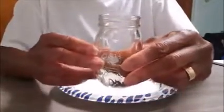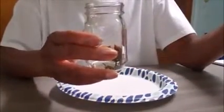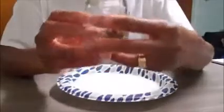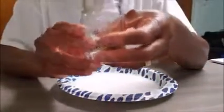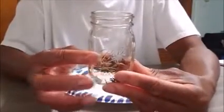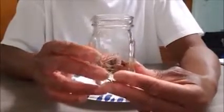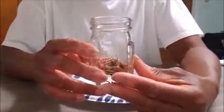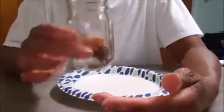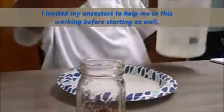So what you can do as you're putting each one in, you can pray over, speak your intention over each one of those. Go to the east, the south, the west, and the north. Speaking and asking for the spirits of those locations, those directions, to help you and assist you with their powers to consecrate this oil, this working, so that as you use it to protect yourself, protect whatever that you're going to use it for, those powers, those spirits in those locations will be working along with the elements that you put in here. And then all you would do